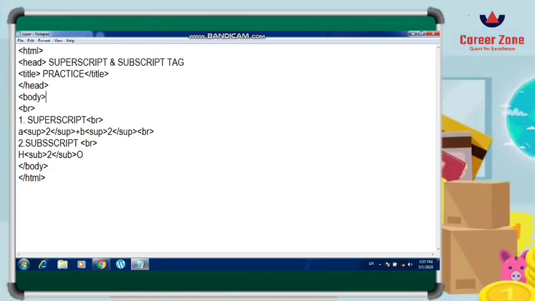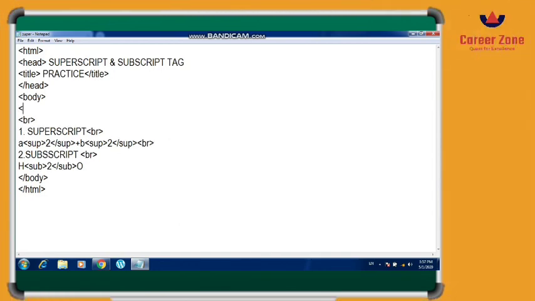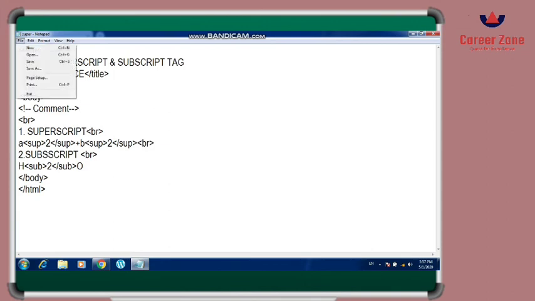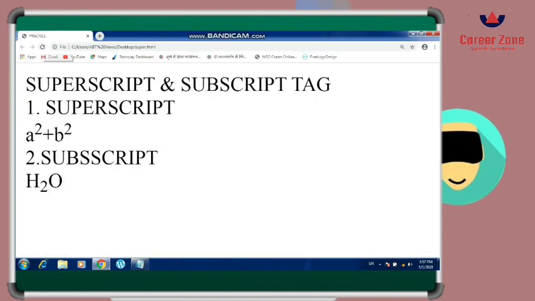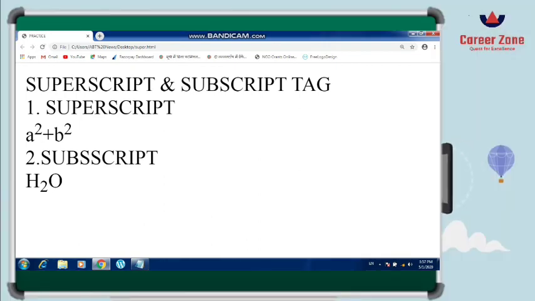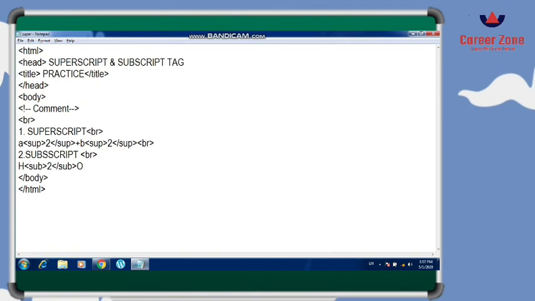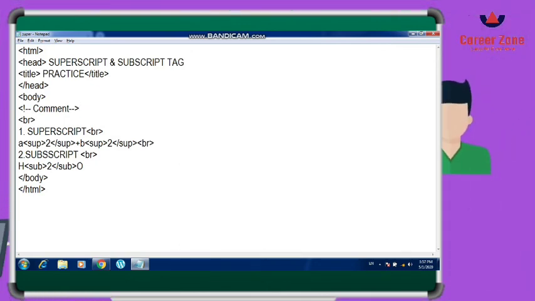And now we will see the use of the comment tag. What is comment tag? As I have told you that it is basically used for the better understanding of the program, non-executable or non-readable by the browser. The syntax I have opened here: exclamation mark, 2 hyphen mark, and then the comment, and 2 hyphen mark, and close. See, even after refreshing, there is no output shown in the web page. Whatever text you write within the syntax, it means within the exclamation mark and the 2 hyphen mark, it is not going to show any output in the web browser.